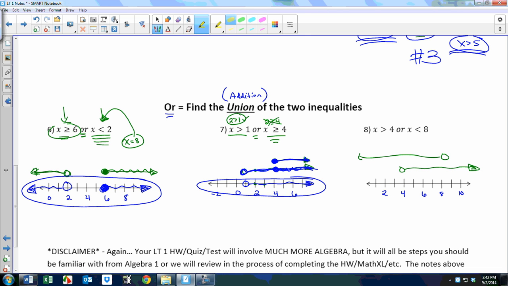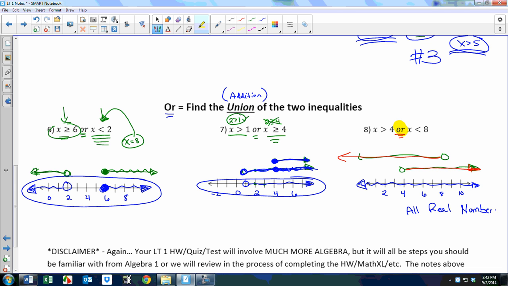If this were an and, we'd be looking for where they overlap. But this is not an and, it's an or. So any number smaller than 8, so anything to the left works, and anything to the right works. So we're going to end up shading everything. Everything works here. This is an example of all real